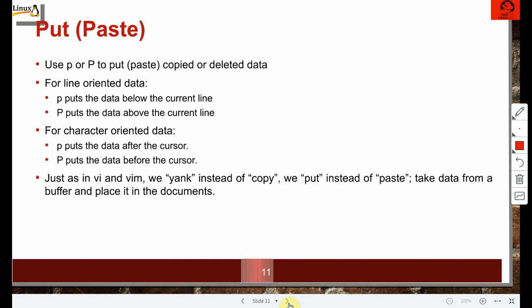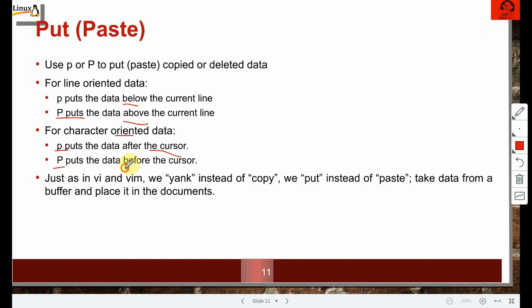You can practice them. Put command, small p or uppercase P. I demonstrated both. Small p means ahead or below the current line for line oriented, line below the current line. Uppercase P means above the current line. For character oriented, small p means after the cursor.